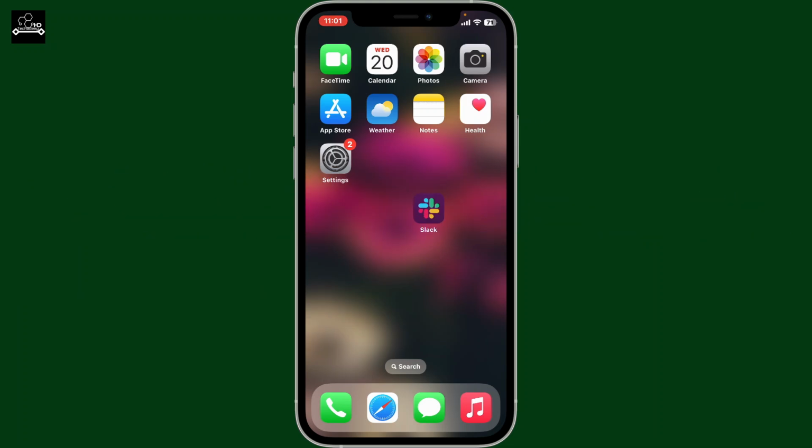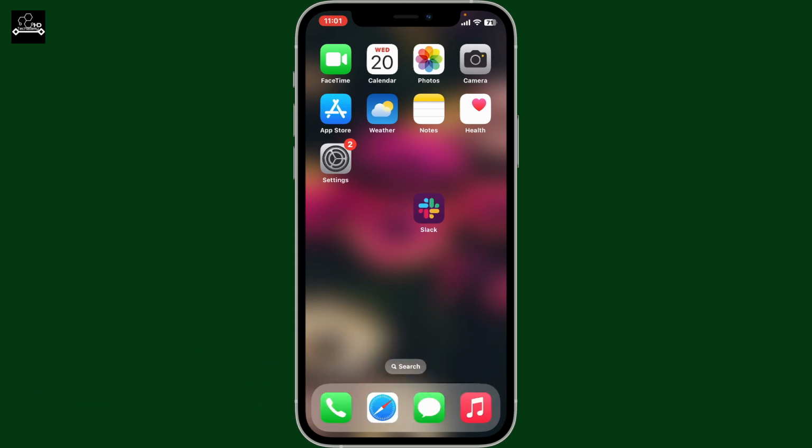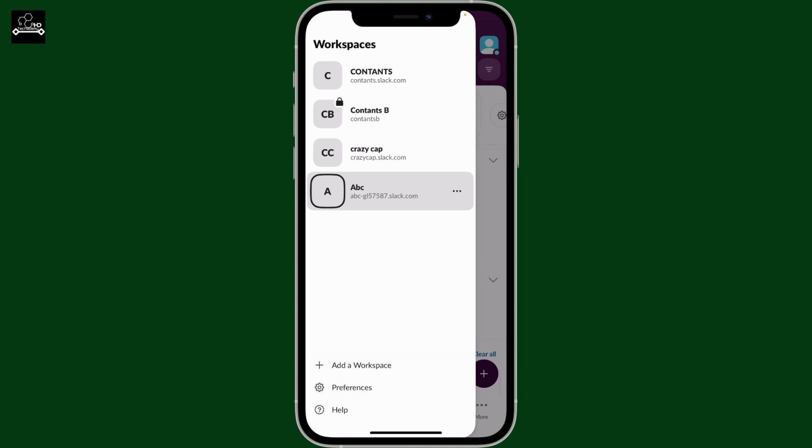Today in this video we will be learning how to sign out of a Slack workspace using your mobile device. First of all, launch the Slack application on your mobile device and log into your account. Now go to the top left corner and tap on the initial icon and then select your workspace from the